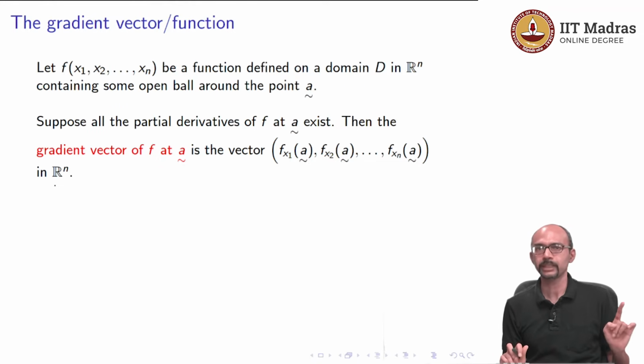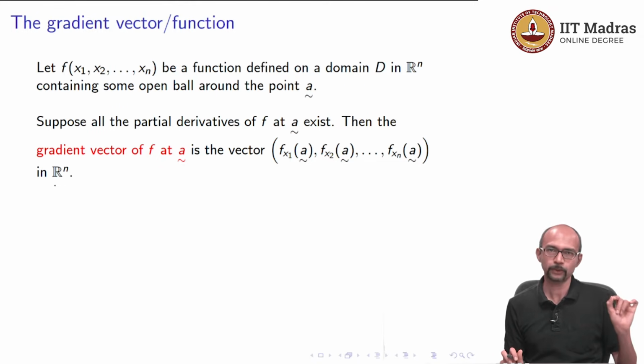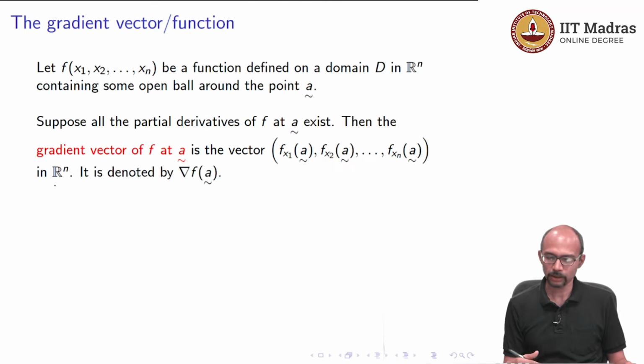So, given a point A tilde, we had this function f, which was a scalar valued multivariable function defined on maybe some subset of Rn, some domain in Rn, and out of this, by evaluating each partial derivative at the point A tilde, we have created a vector. Okay. So, now first of all, notation: sometimes this is called del, sometimes this is called nabla. It is denoted by del f evaluated at A tilde,